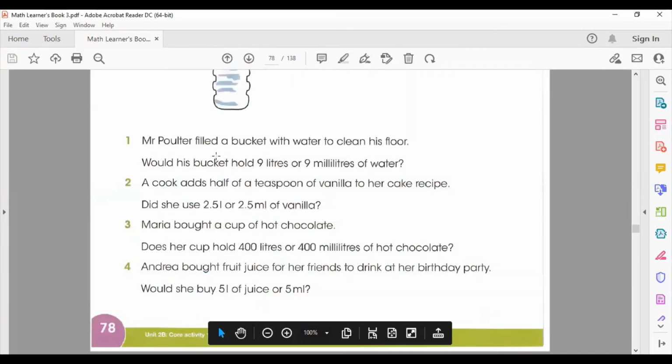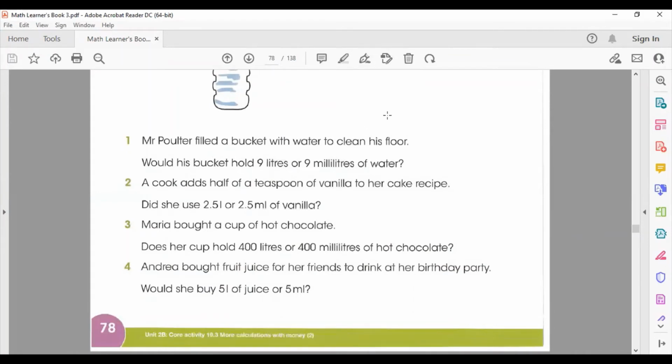Mr. Poplar had filled a bucket with water to clean his floor. Would his bucket hold 9 liters or 9 milliliters of water? We are talking about a bucket, so 9 milliliters is not possible. It's a very little amount, some drops of water, so it's better we choose 9 liters of water. Obviously his bucket holds 9 liters of